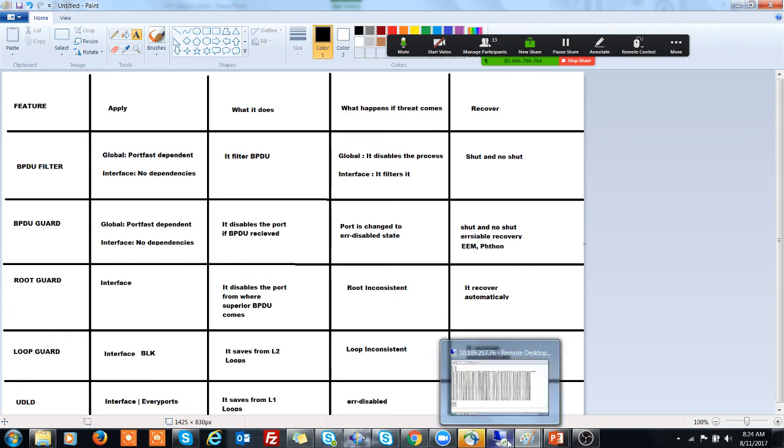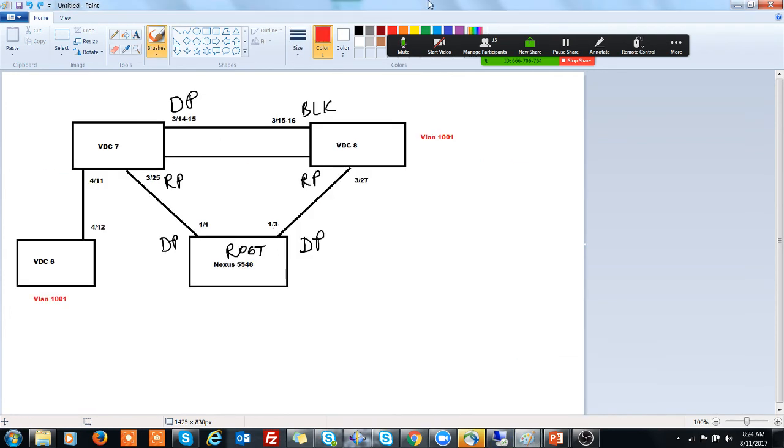So if I wish to implement it between the devices over here,